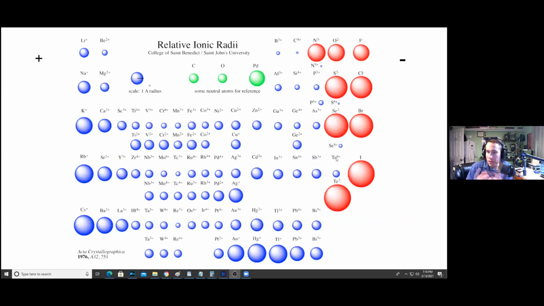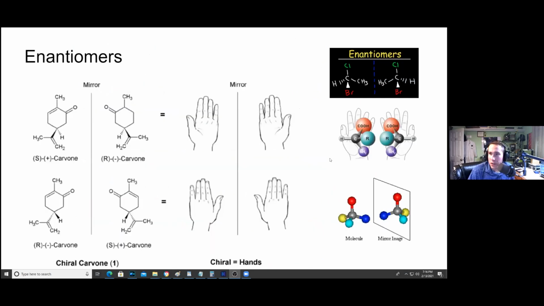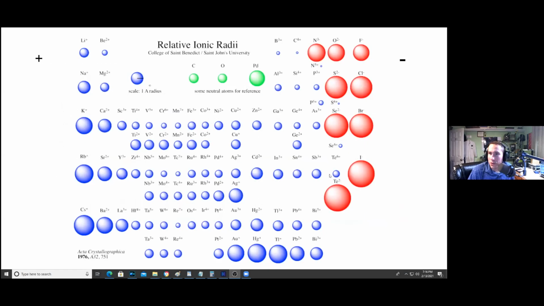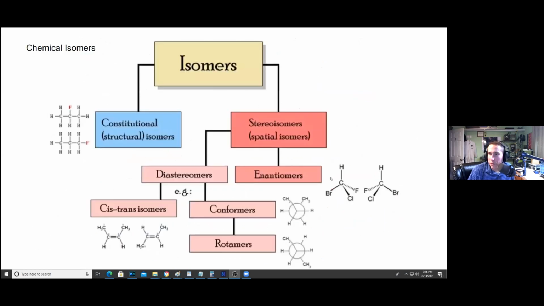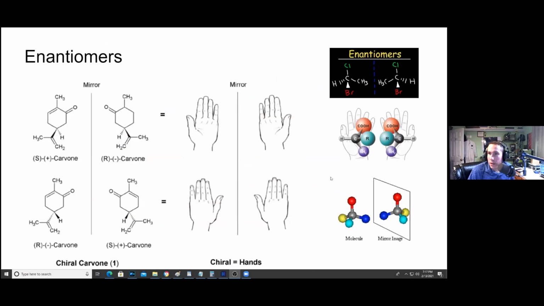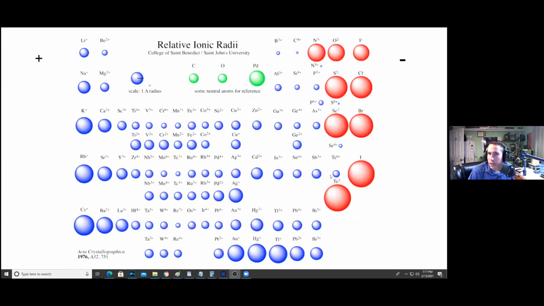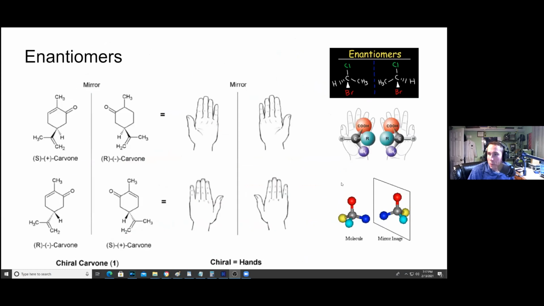They all kind of fit together in different ways based on their size. You can think of spheres and sphere packing a little bit, but a little bit different. So these molecules and these atoms, the atoms we have in our periodic table of chemical elements, combine to form molecules. And molecules can be left or right-handed. So left and right-handed molecules that are opposites of one another are called enantiomers.